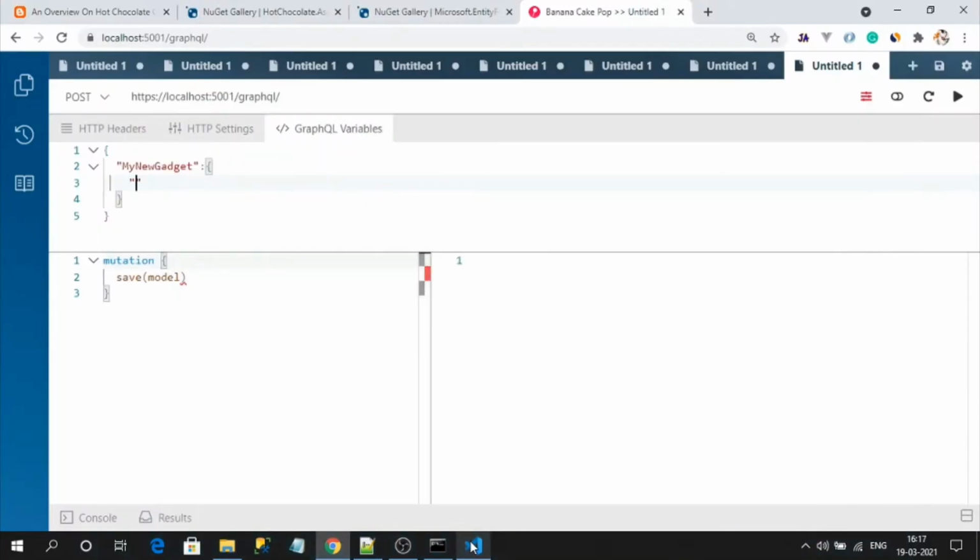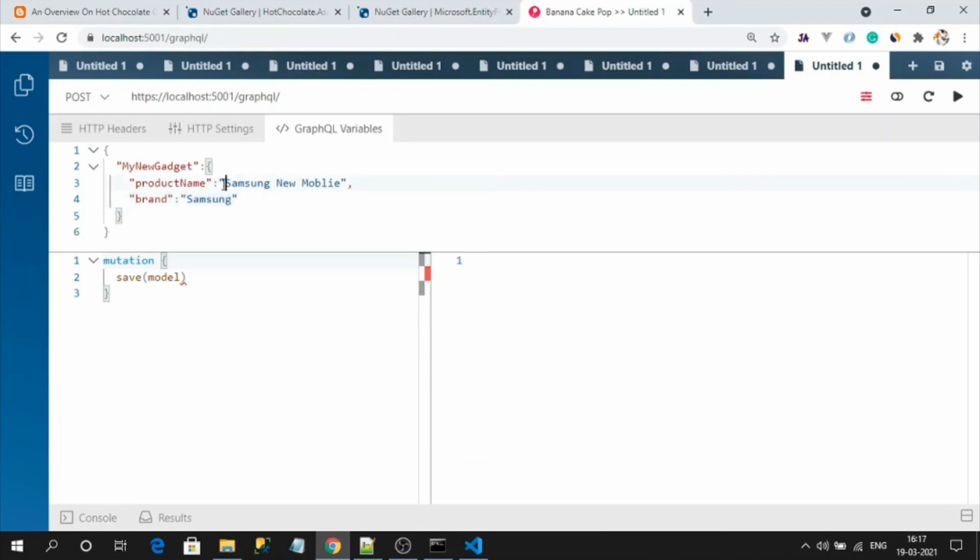So product name, see, camel case I am using. Product name I will create like Samsung new mobile. Okay. And brand, Pascal casing, and a Samsung brand.